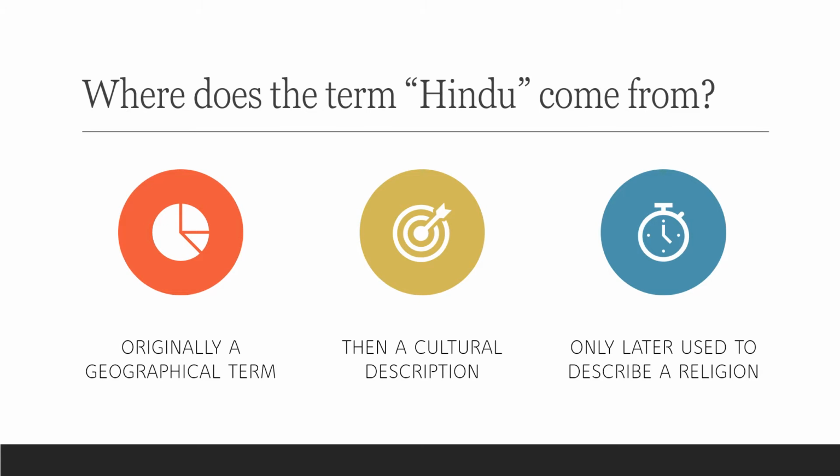But before we begin here, we have to consider where the term Hindu comes from. The term itself, within its history, was originally a geographical term that refers to the Indus River Valley and comes to South Asian languages from Persian. It is then a cultural description of the peoples who lived in this region, and only later emerges as a name specifically for the group of religions practiced in this region, which gradually coalesces into the concept of a Hindu religion over time.